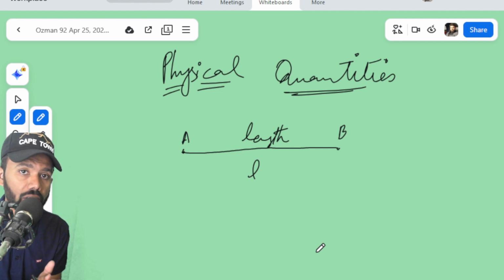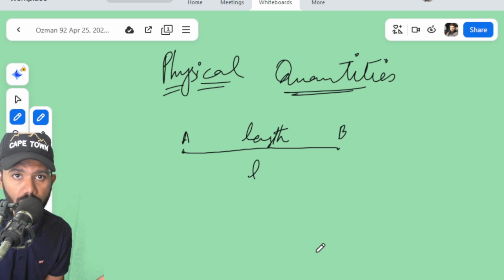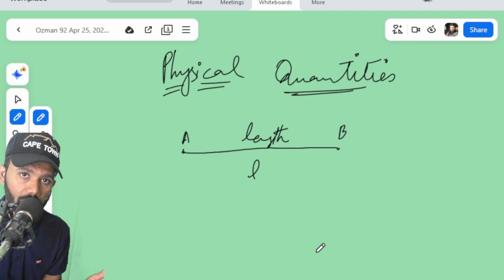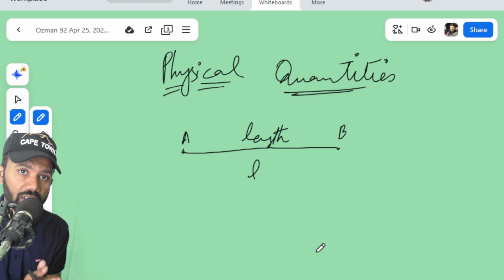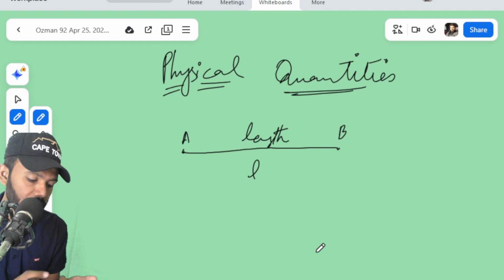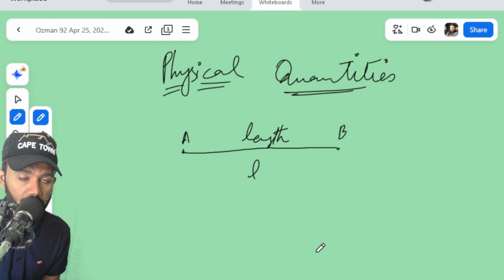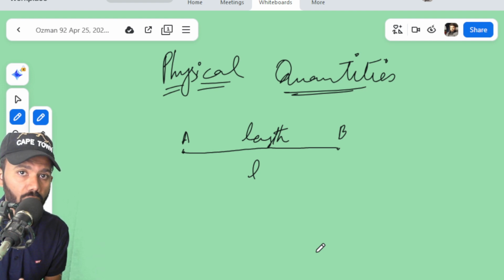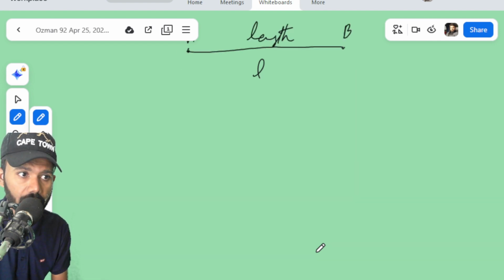So any quantity which is measurable and can be measured with the help of some scale, some mathematical formula, or some mathematical methods is called a physical quantity, right? So we have some basic physical quantities like length, mass, time, distance, displacement. All these quantities are called physical quantities because all these quantities are measurable. How can we define this, right? So all